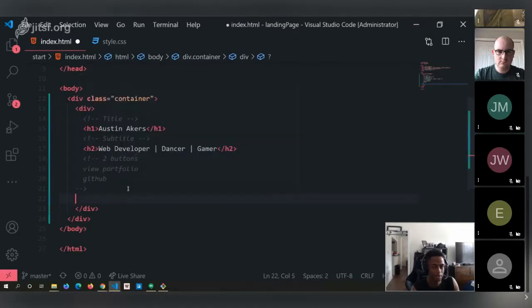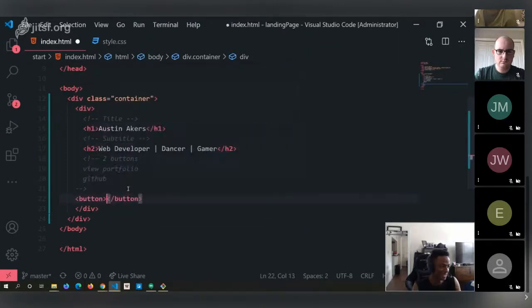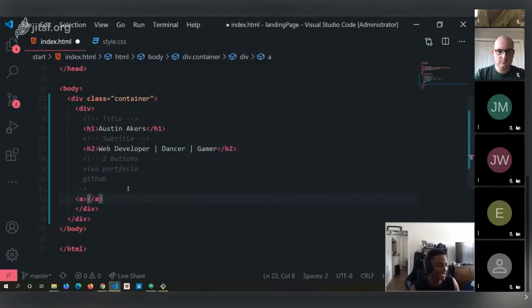Okay, so the accessibility people are going to kill me. So I guess I'm going to go ahead and do a button. I'm just thinking about this just now. We're going to create a button. I was going to do an A. This is what I was about to do. Okay. An anchor tag, and